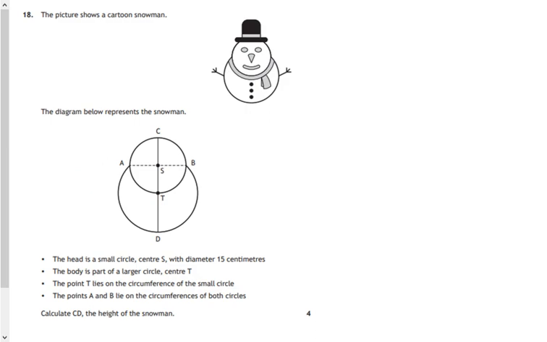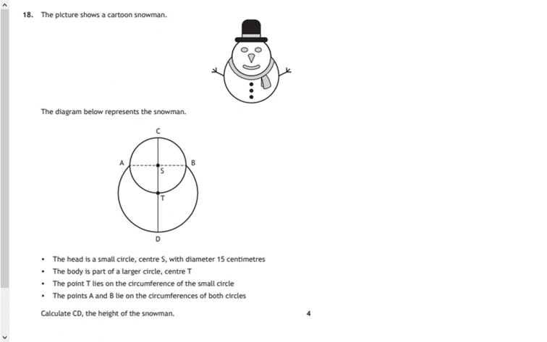Question 18. Now this was a hugely written question, so I had to size it down to fit it on the page. The picture shows the cartoon snowman. The diagram represents the snowman. The head of the small circle S with diameter 15 centimeters. The body of the larger circle, center T. The point T is on the circumference of the small circle, and the points A and B lie on the